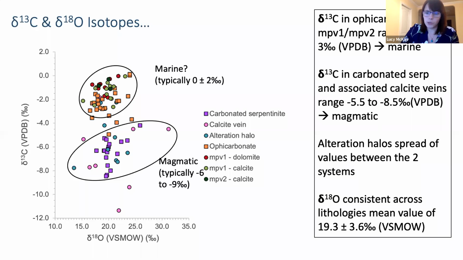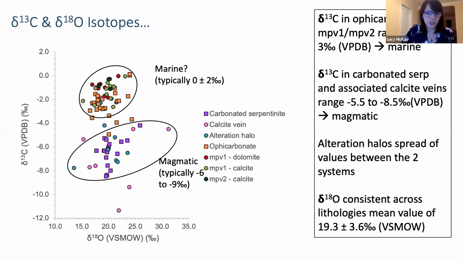The ophicarbonate, which was the unit with the veins in it, typically has delta 13C values between 0.1 and -3, indicative of a marine signature, whereas the carbonated serpentinite, which was the unit that had all the cross-cutting fractures with the alteration, typically has delta 13C values between -5.5 and -8.5. So that's indicative of a magmatic signature. So these two different units